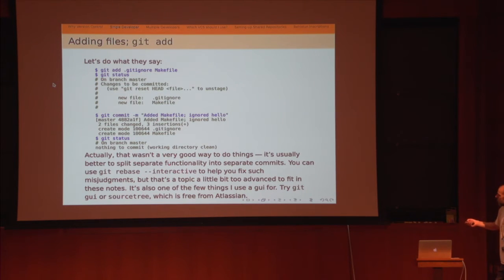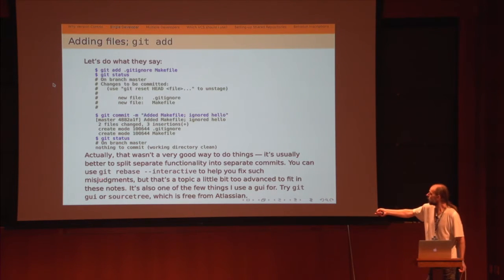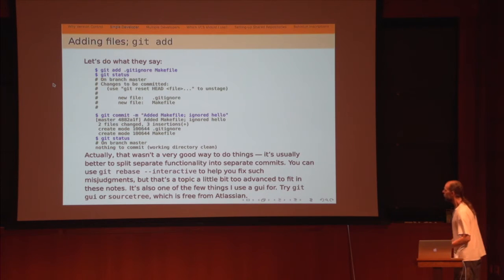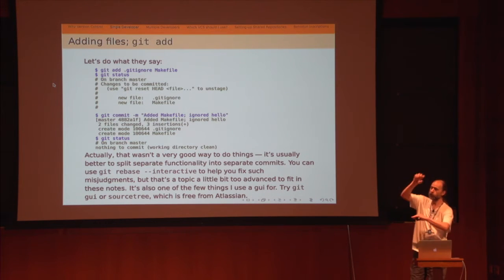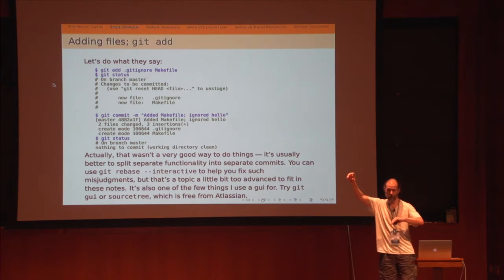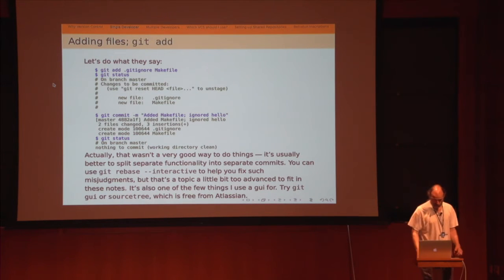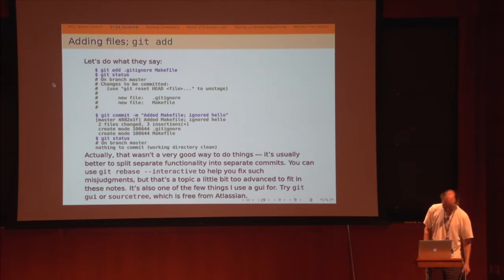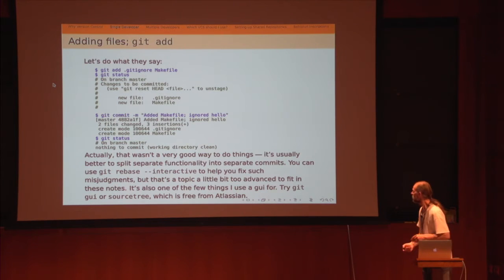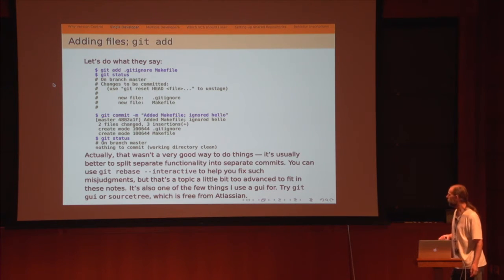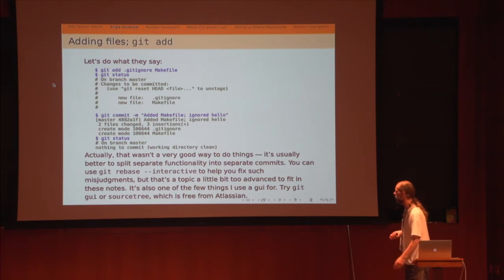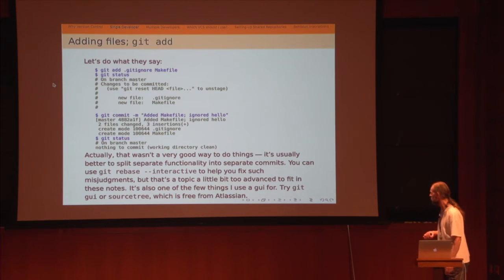You can actually fix this. You can go back in and say, I didn't really mean to put these things in, and I also added a bug and all that sort of stuff. You can be clever. There's a command, git rebase --interactive, by which you can say, no, move these changes to here, move these changes to here, forget about those ones. And you can do it all from the command line. And when I was a boy, I probably would have done. But actually, it's one of the very few things I use a GUI for. Git comes with a GUI called Git GUI. That's very clever nomenclature. So the string would be git space GUI.